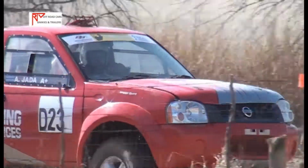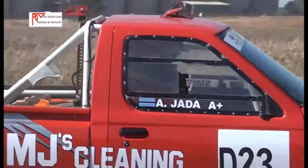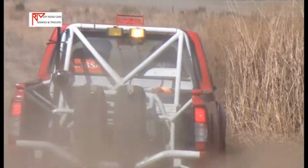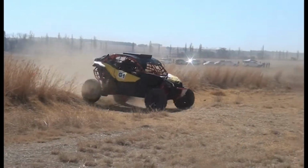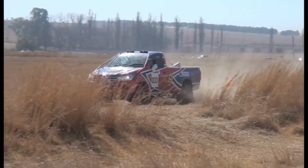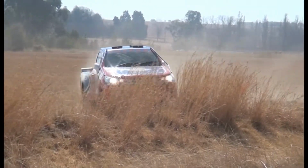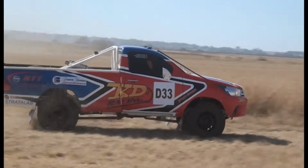Rounding out our start list then, the D23 of Ahmed Jada and Keith Smith. One of the old school Nissan single cabs, and this was a vehicle that was running high in the national championships a few years back. Back out there in the field, and the G1 still running clear air, the Leishmans. Untouchable at the moment, but a big push coming in from the D33 trying to do the chase down, and